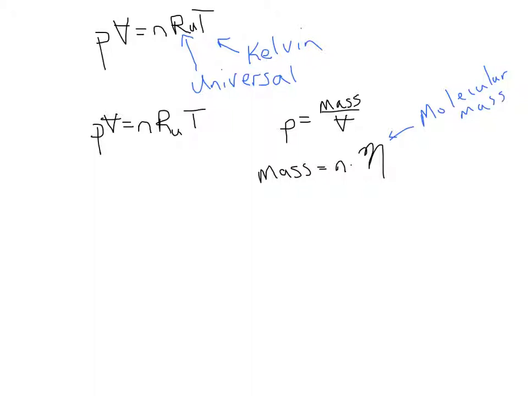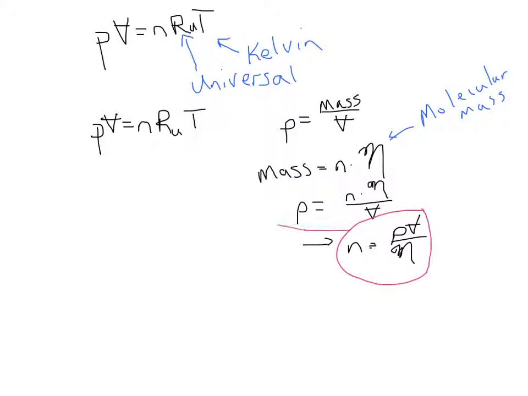What that allows me to do is to rewrite the density, say, in terms of rho is equal to N times the molecular mass divided by the volume, or I can rearrange this to say N is equal to rho times the volume, that's the density, times the volume divided by molecular mass. Now I'm going to take that relationship and substitute that into our original ideal gas law for N. So what I get is that pressure times volume,